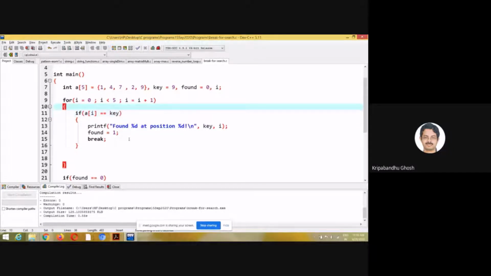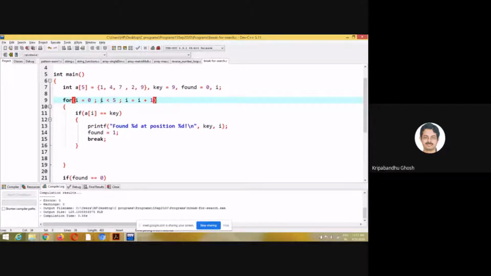So when we know that we don't need to do this check, we should not be doing it. That's why we can break. In this particular case, if we do break, then the loop will terminate before it reaches its terminating condition, which is I less than 5, right? So this will continue until I is less than 5. In general, if this condition is false, it will run from I equal to 0, through I equal to 1, I equal to 2, I equal to 3, and I equal to 4. Whenever this becomes false, that is I becomes 5, since I'm incrementing I by 1, right?